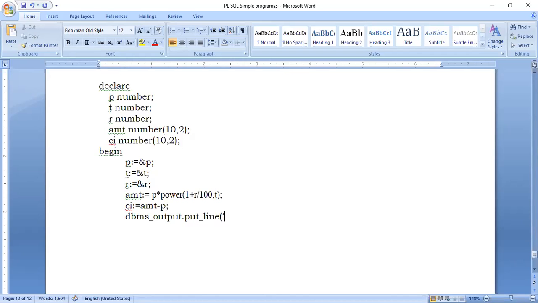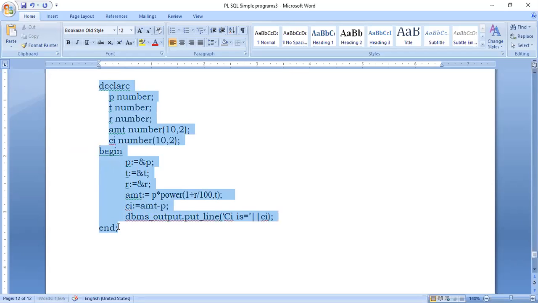And then whatever message I want to give, like if I say CI is, and then the equals to symbol, I close my single quote, two pipe symbols, and then the variable in which I have stored the CI. This is how it is calculated, then I will end. So this is the program which will accept P, T, R values from the user and give us the compound interest.